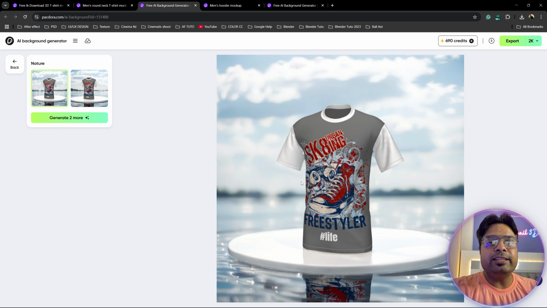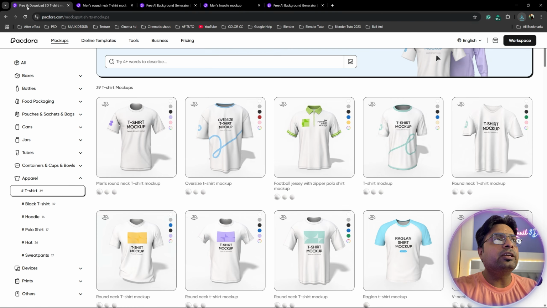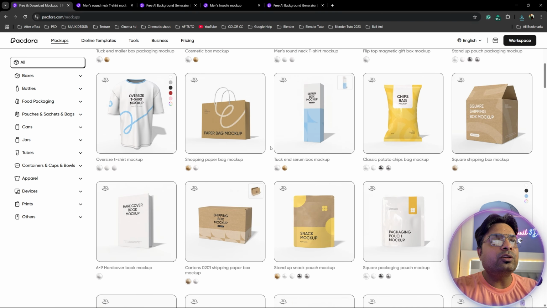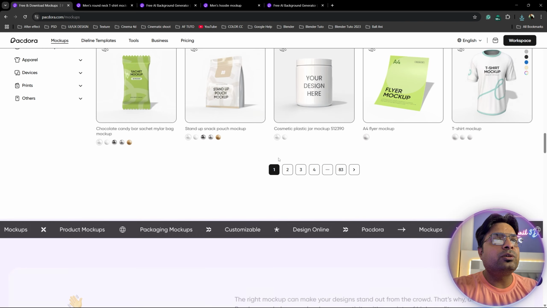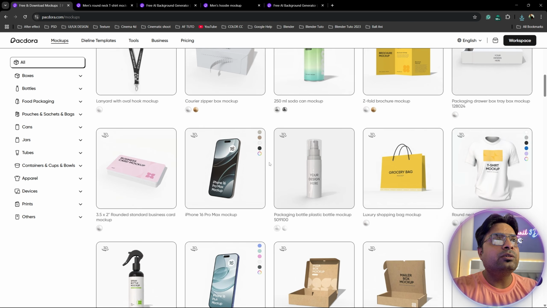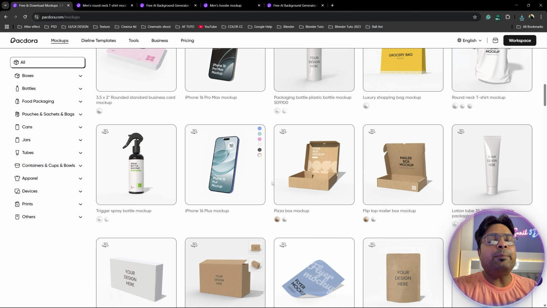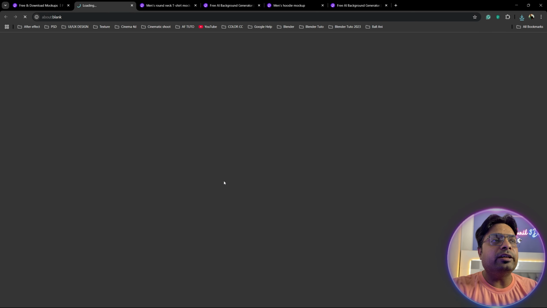Firstly, hoodie, and second one, guys, I show you t-shirt design, and third one, guys, you can apply any 3D object. So I apply 3D object. So again, go to on here and all. See guys, Pacdora has lots of 3D product design. Right? So go to on second page, and guys, now this is my iPhone, and guys, you can also apply iPhone mockup. So I show you how to create iPhone mockup. So click on here.